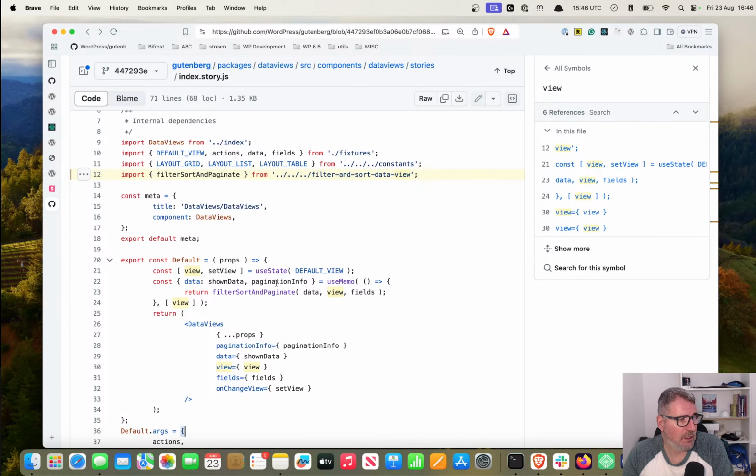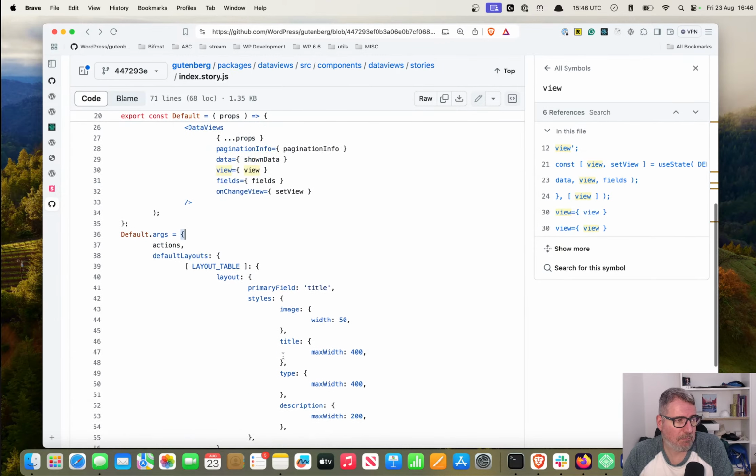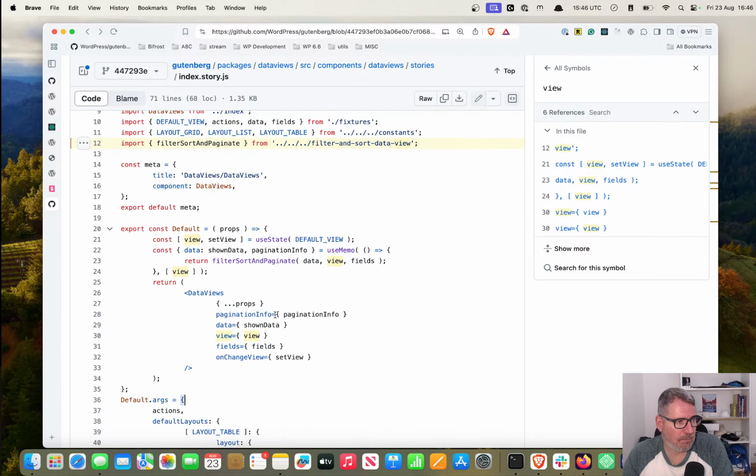Pagination info is what we can pass directly to the DataViews component, and then shown data is the data already filtered, already processed using all the settings chosen by the user, any filter, any search, any order, etc. So with this, we have sorted out all the